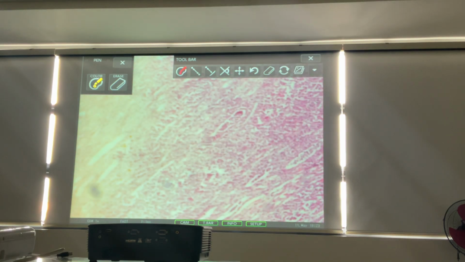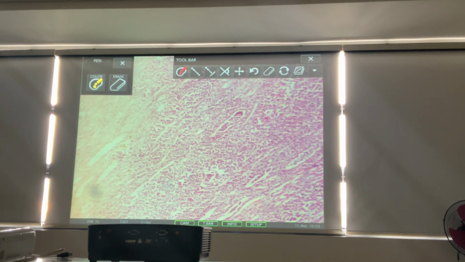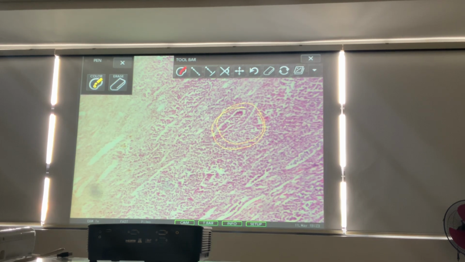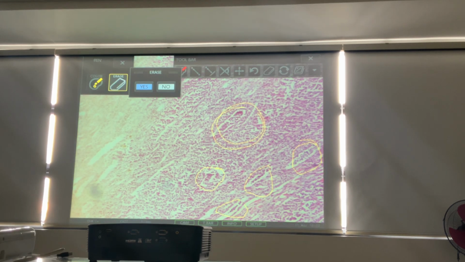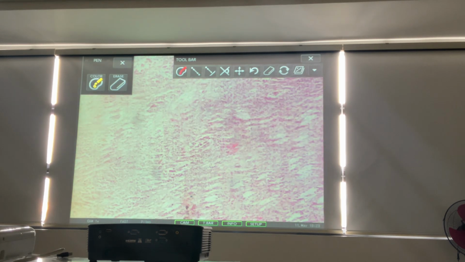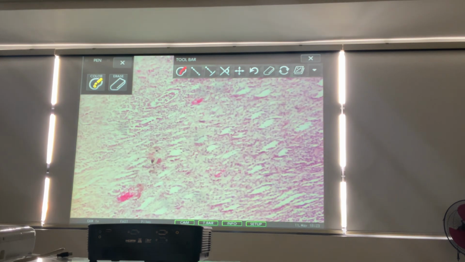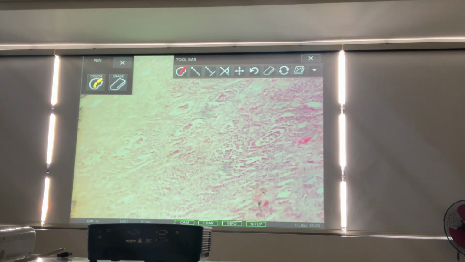I'll try to see if I can find again another very large WBC cast. Another one here. I think there are plenty in this area. So these are all WBC casts. Okay, I'll try to see if I can find a glomerulus. So more here. These are all WBC casts.